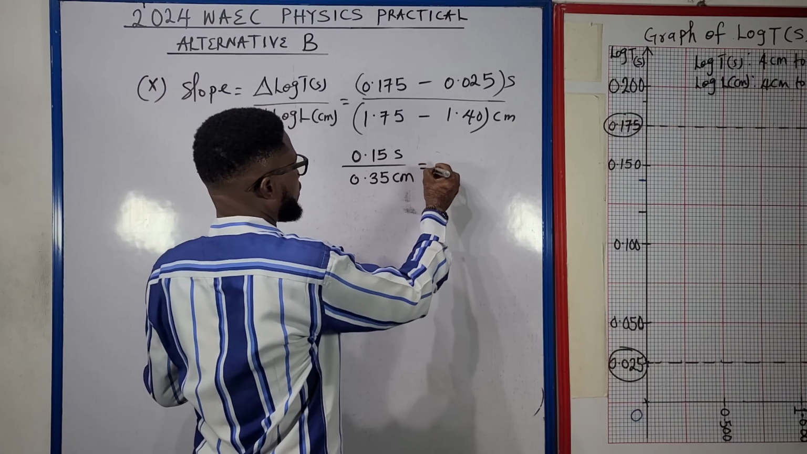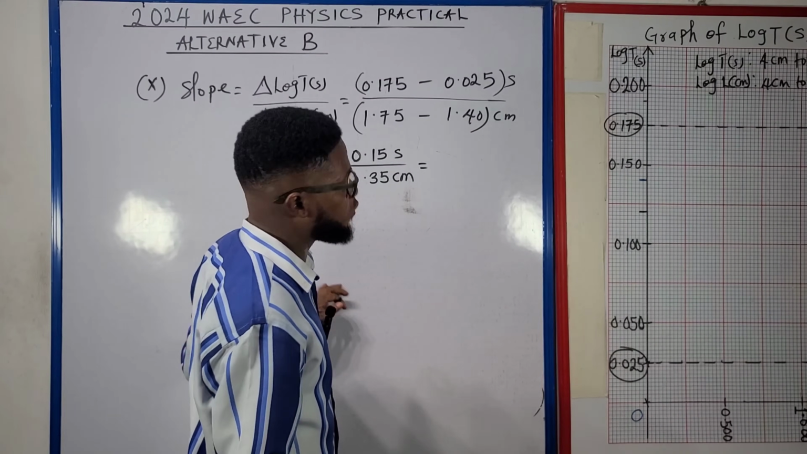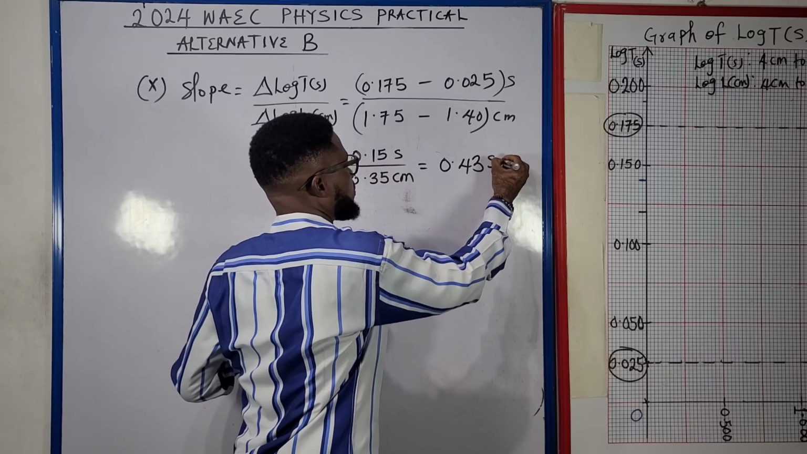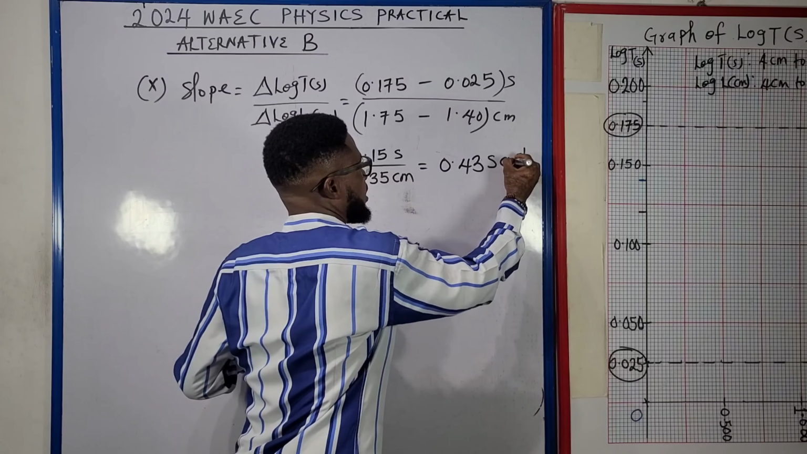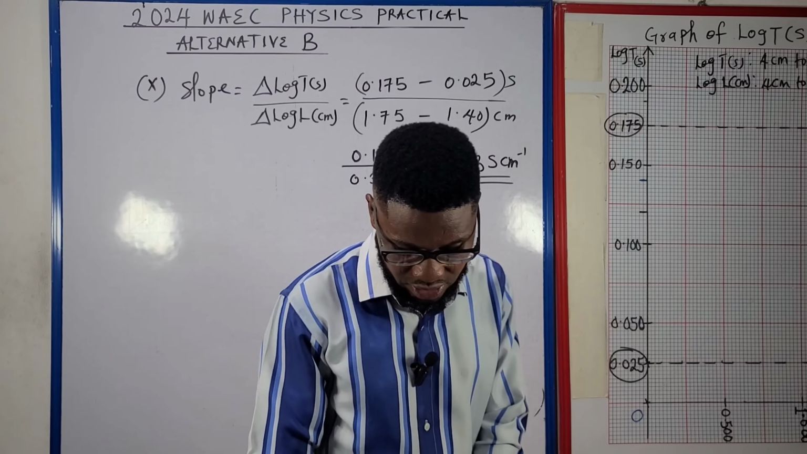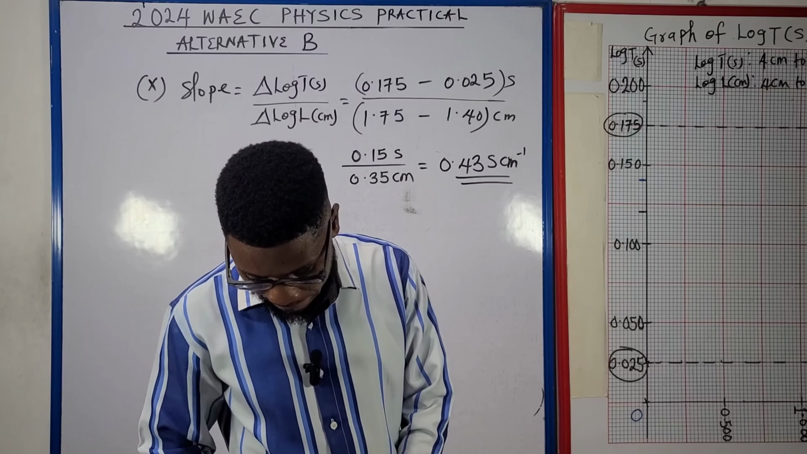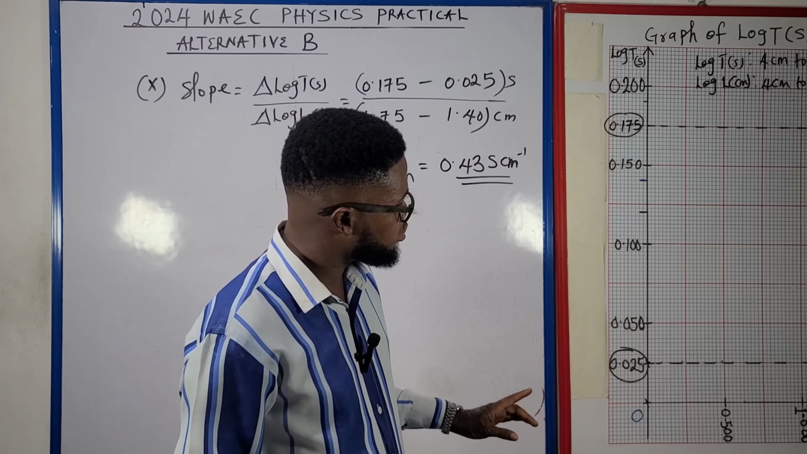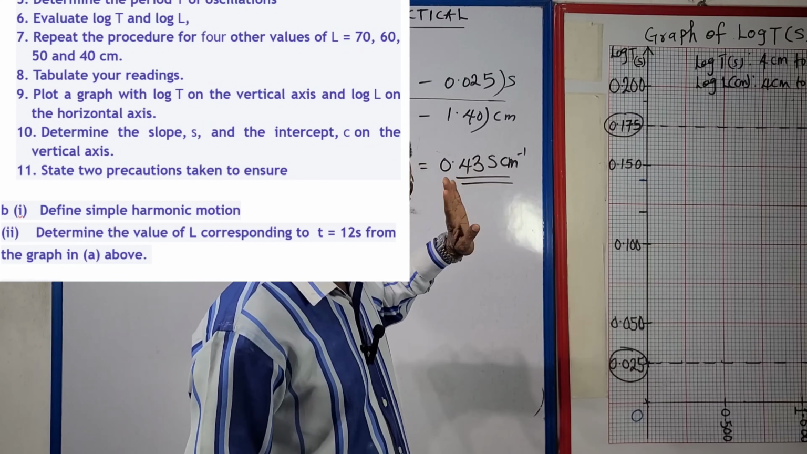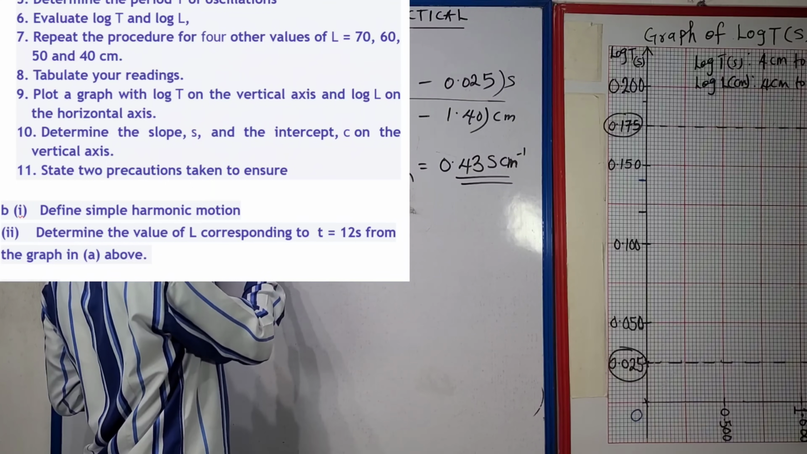So when we compute this from a calculator, this is going to give us 0.43 seconds per centimeter. We've been able to determine the slope, but talking about the intercept on the vertical, we don't have any intercept on the vertical axis here, but if we are talking about intercepts,